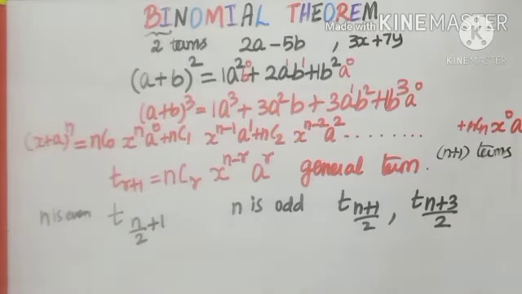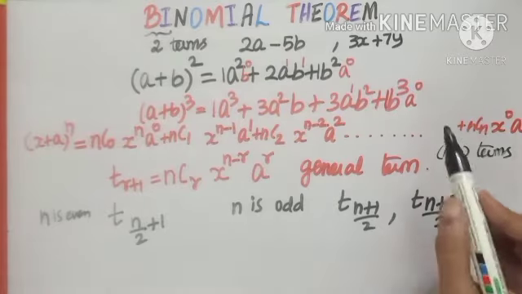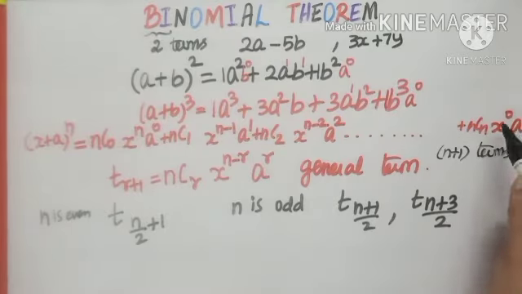So, these inferences, let us tabulate and have the list of formulas to apply in the exercise. The last term, where there is no x power at all, I will call the constant term. So, problems dealing with the constant term tell me x power is 0. This term has no x at all, so I will call it the term independent of x. Any term which does not have x at all, we call the term independent of x.